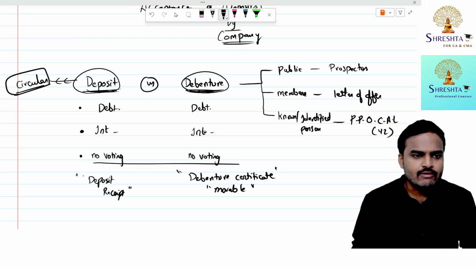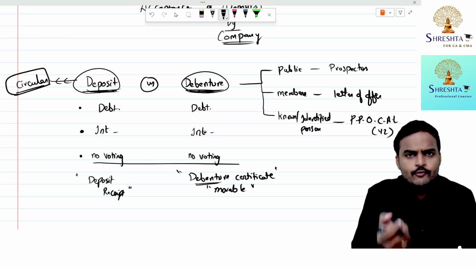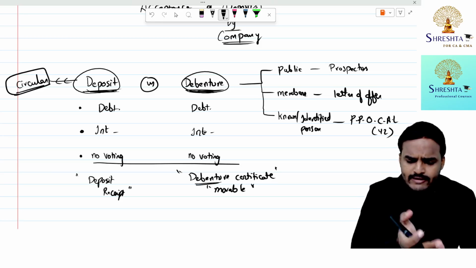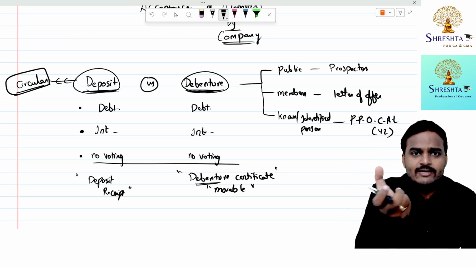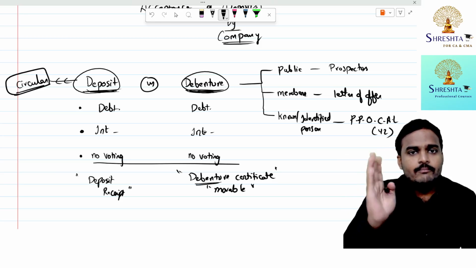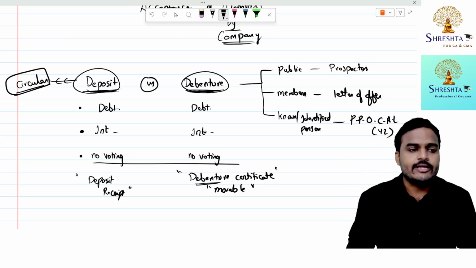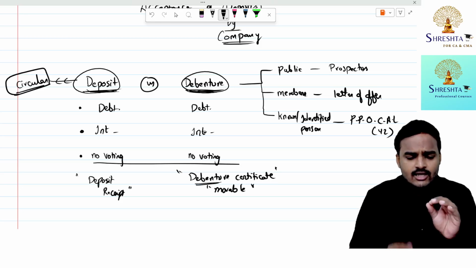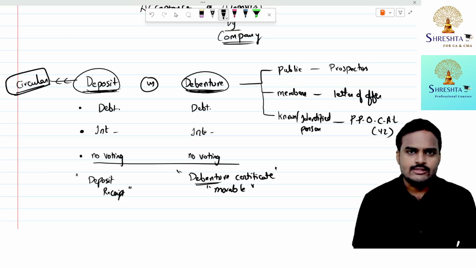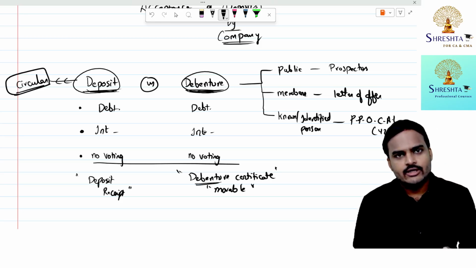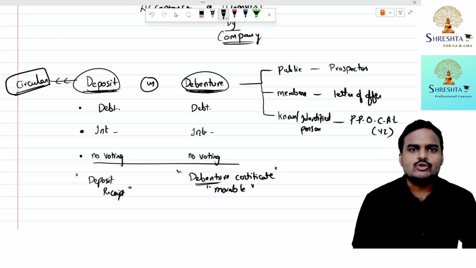Understood, everyone? Whereas with debentures, if you want money the next day after allotment of securities, you can transfer it to someone else. You can get money easily. Coming to the deposit receipt, you need to wait till the maturity period. Understood? That's the reason generally debentures carry a lower interest compared to deposits. That means compared to debentures, deposits will have a high rate of interest. Are you all getting my point, students?